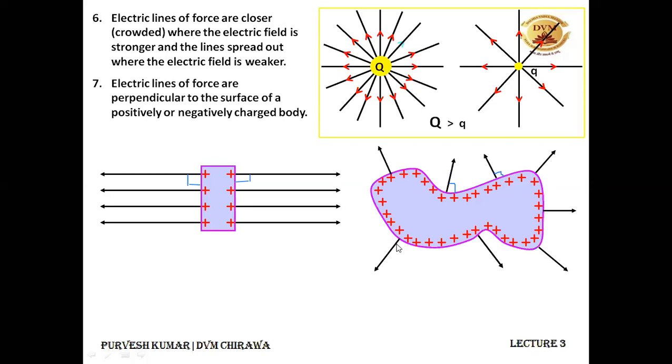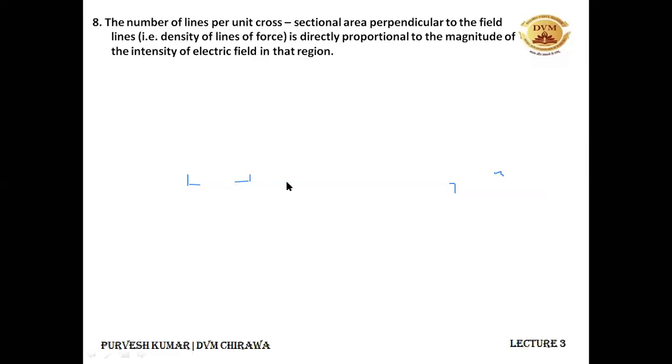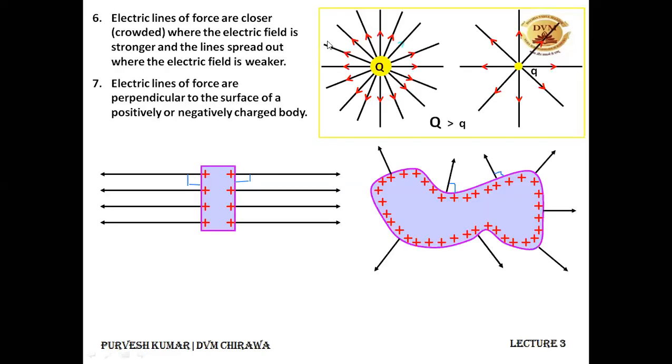Here also it is 90 degrees, like this. Here also it is 90 degrees. So please keep in mind that electric field lines will always be perpendicular to the surface from which they are coming out or going inside. If the surface is negatively charged, then the electric field lines will be going inside it. All right, I hope I can move towards the next part.